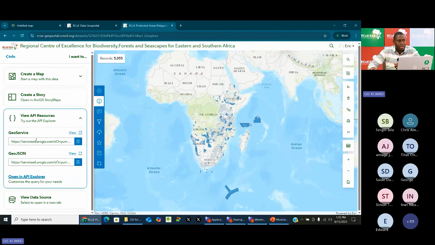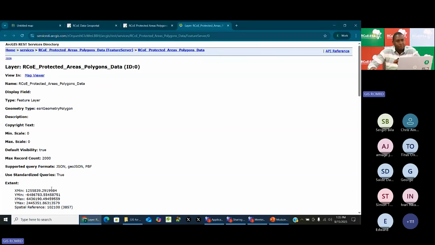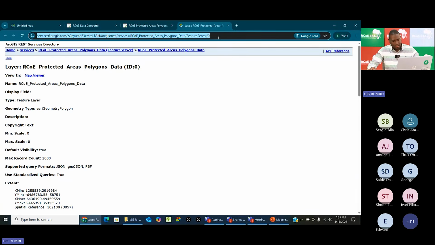But you can also come and view data source. Click on data source. It will open and give you a link to this data. You can also copy the link in the data source and use it in the ArcGIS Online. So I want us to use this option. Go to the data source and copy the link in the URL section. Copy it, and then switch back to your